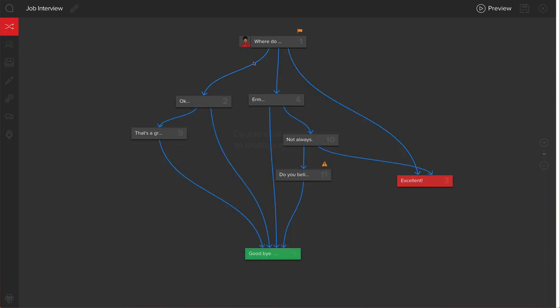If I just started here and then just started adding branches, we'd quickly get lost. And also, you'd quickly end up adding things that were not necessarily a good lesson or necessary in the first place. So then you get your top performer or your expert or whoever, even your end user as well, to go through this in the preliminary stages to make sure that your options and the language that you're using resonates with them and they find it challenging enough to actually want to go on because you've created this compelling scenario for them. So I hope you find that helpful. And if you have any questions, let me know.